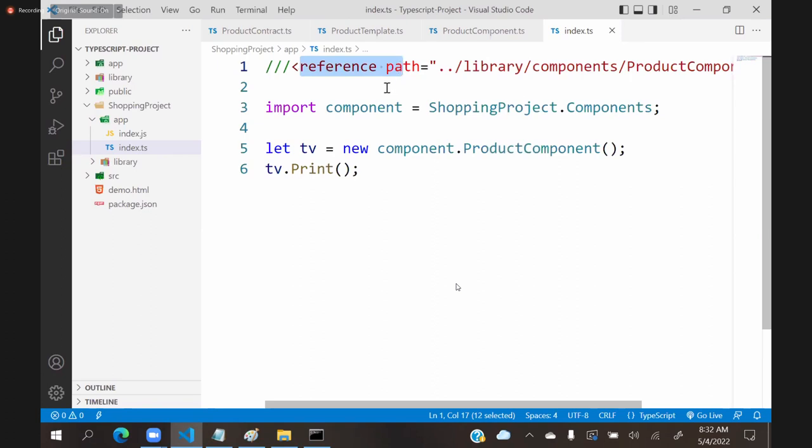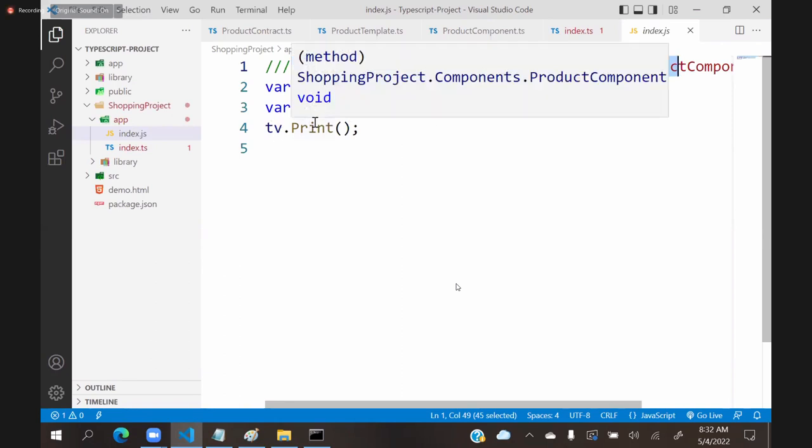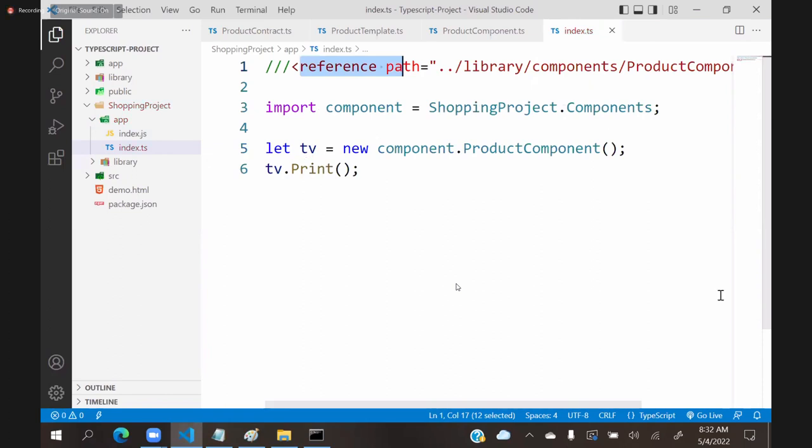This is not translated. You see, let's go to index.js. In index.js, that path is imported as it is. Only this JavaScript code is converted. The path is imported as it is. If the path is imported as it is, then it is not extracted. If it is not extracted, all that code is not imported here. So that makes a problem. That is the reason if you are dealing with namespace,